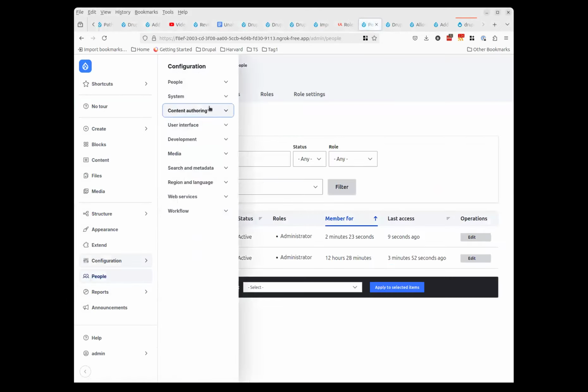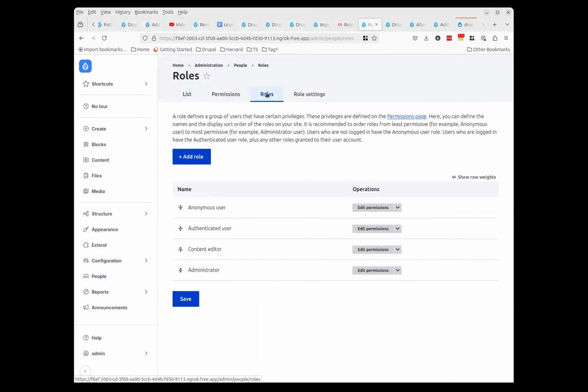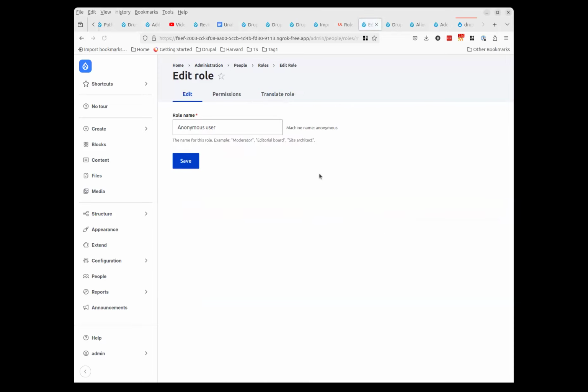People, roles, and as usual, Ralph installs with the standard profile and I install with Umami. So if you just look at the tabs, it's easy to see which site you are looking at. And here, edit permissions is primary and edit role goes to what we were looking at before.